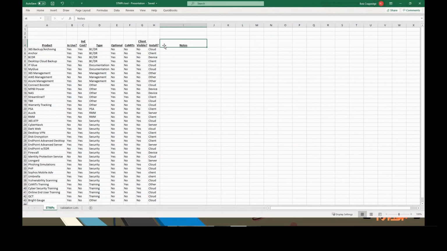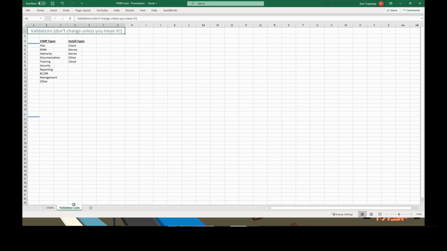I'm probably going to add some additional pieces about how to get client training. The day I actually see training available from the vendors that is good for the internal IT. But the idea is to go in here, put your inventory in here, and the validation lists are real simple,